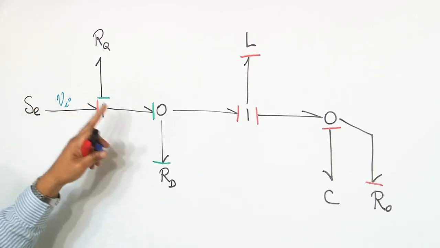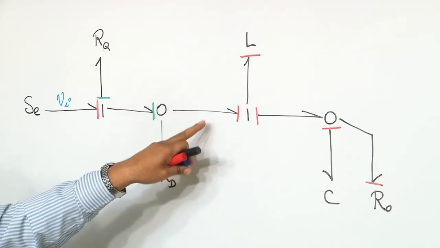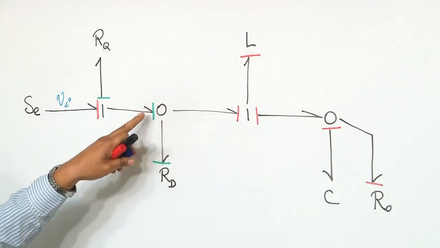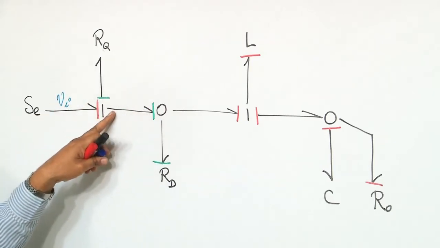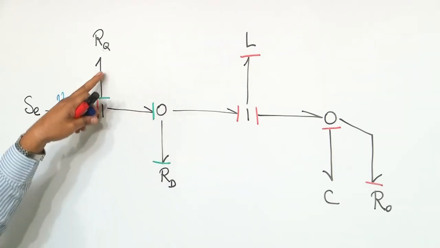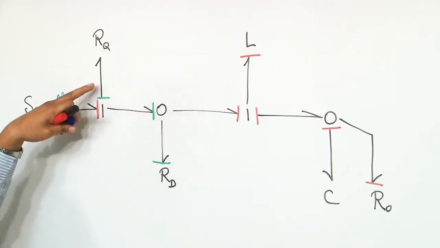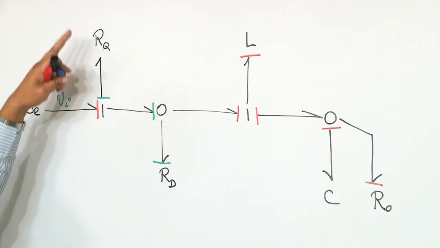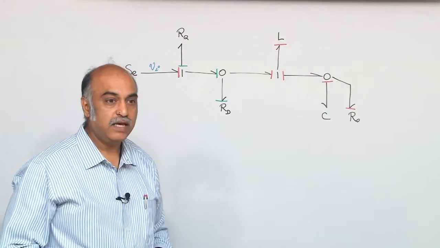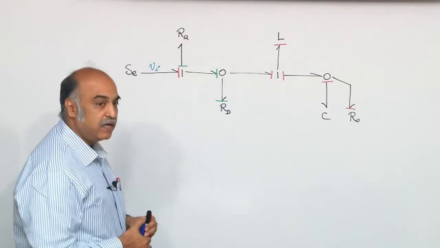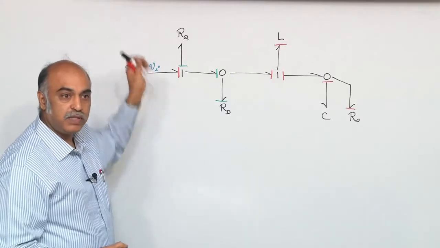Neither this nor this, but the flow is getting decided. This is deciding the flow here, which is deciding the flow here, and which is deciding the flow here. So, this drop is actually IL into RQ. So, when that goes off, the IL into RQ, which is again a very high infinite value, undefined value. So, you will start landing up with undefined values.